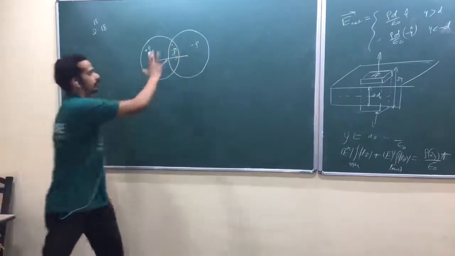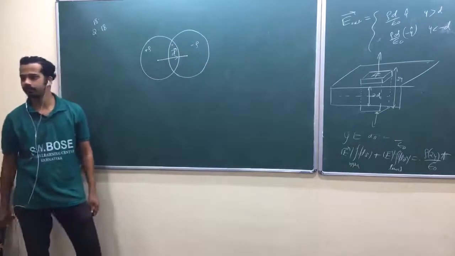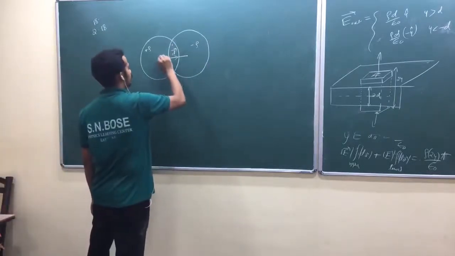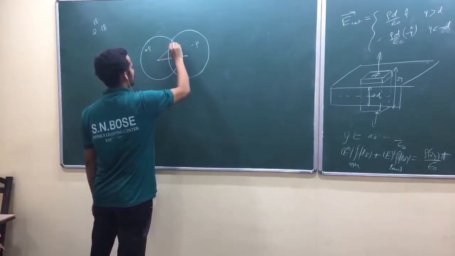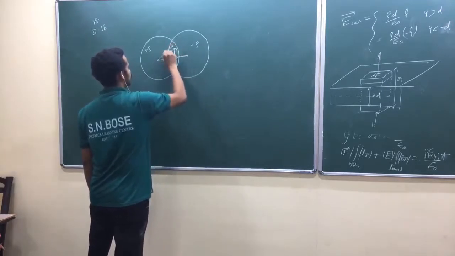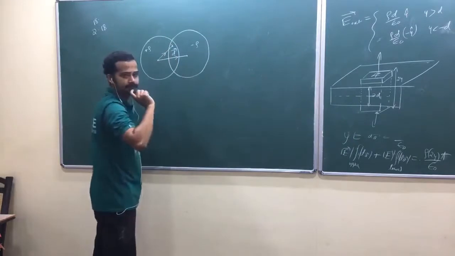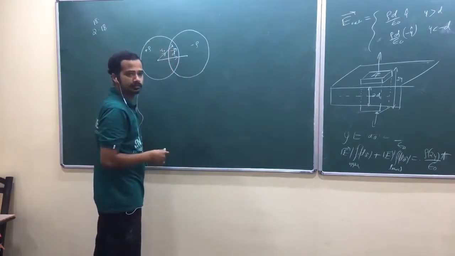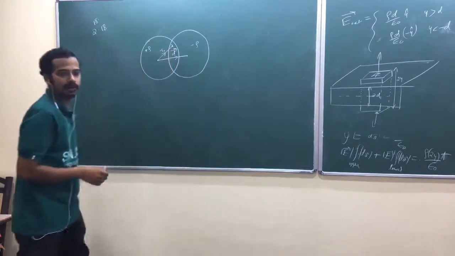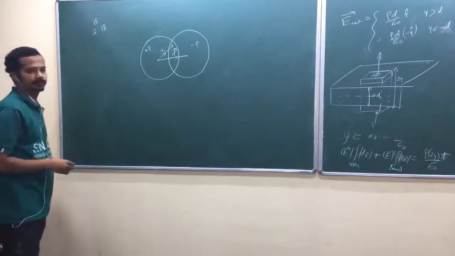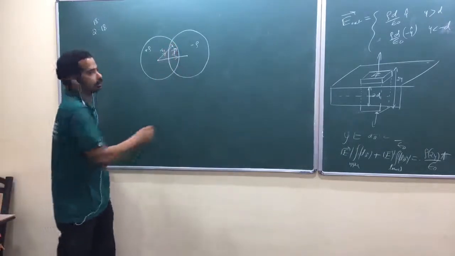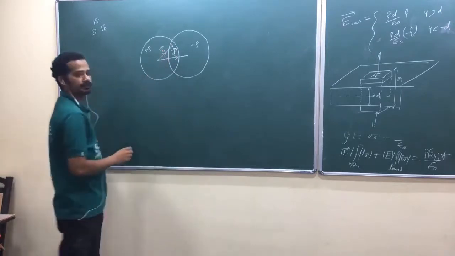Assume there is no minus rho sphere. Find the electric field. Suppose it is at R plus. Can I take it like that? Because I have plus and minus here. Let me call this one R plus, or italic R. Is that okay? Let me call this one as R plus. So at this point, I am trying to find the electric field. Is that okay?